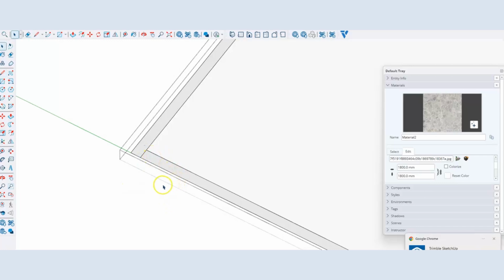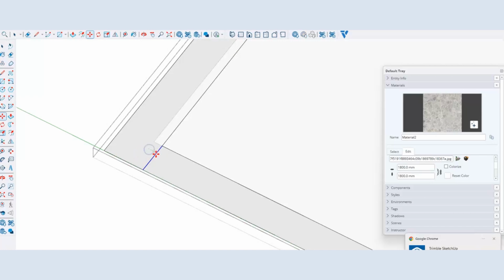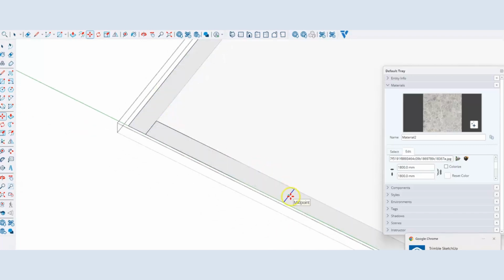And then I'm just going to use a trick here where I get my move tool, M for move, zooming in on this. I'm going to click it, start moving, and if I hit control, it leaves the original line there, and then I can just enter a dimension for this to be however far along I want it to be. So I'm just going to go a meter, so 1,000, or actually I might go 800. Okay, and there we go, there it is there. All right, so got my spot there for my door,